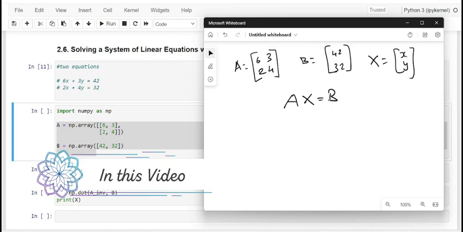To find the value of the unknown variables x and y, you have to convert the equation. Kindly observe here, dear friends. We want to identify this exact value. So we have to invert the matrix A and take the dot product with B.